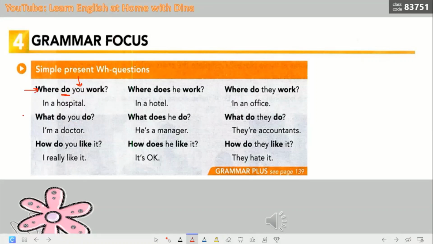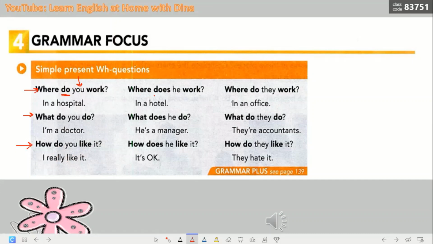What do you do؟ ماذا؟ what ماذا تعمل؟ what do you do؟ I'm a doctor. How do you like it؟ هل أنت دي لما أحب أسأل حد how do you like it؟ يعني أنت بتحب وظيفتك ولا لا؟ قد إيه بتحب وظيفتك؟ how do you like it؟ I really like it. أنا فعلا حقا بحبها. how كيف؟ إيه مدى حبك لوظيفتك؟